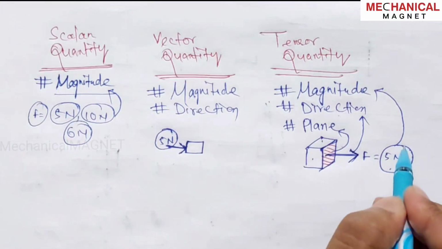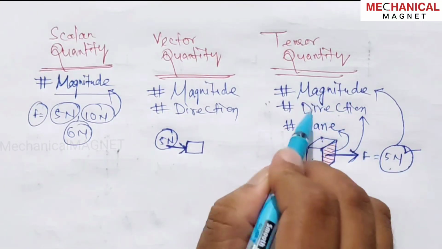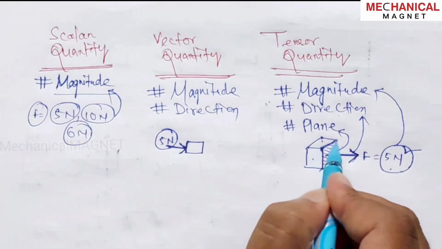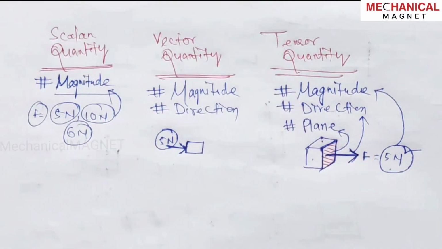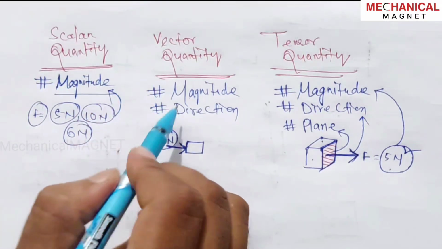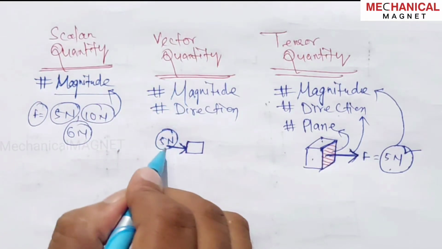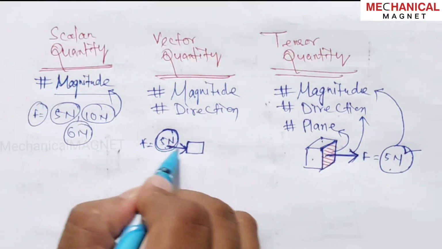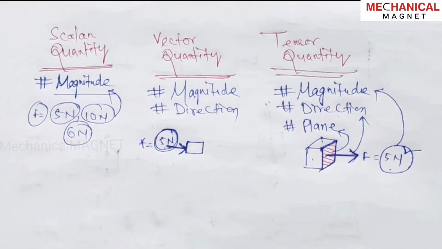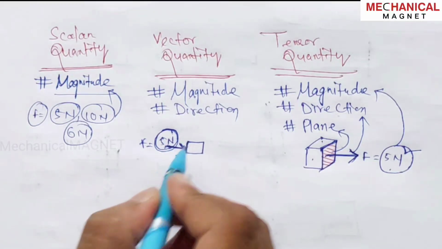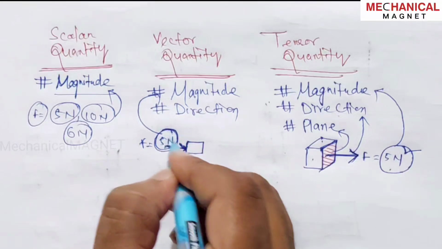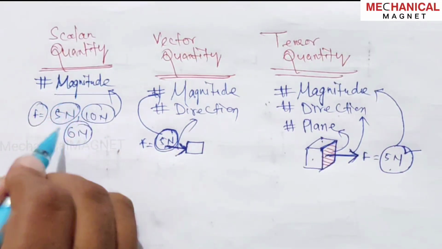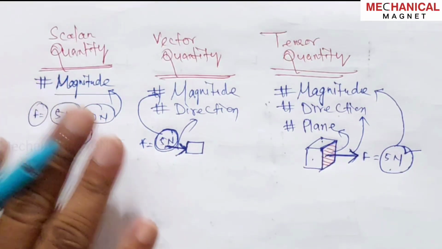So those have a size, magnitude, direction, this is the direction of application of the force, and the plane, this is the plane. So तीनों चीज जिसमें है वो टेंसर क्वांटिटी है। दोनों चीज जिसका है मैग्नीट्यूड है, मीन्स मैग्नीट्यूड को हम साइज लेते हैं 5 न्यूटन का जो कि फोर्स है, जो कि यहाँ पर अप्लाई हुआ इस बॉडी में, तो इसी डायरेक्शन में अप्लाई हुआ तो इसको हम डायरेक्शन ले लेते हैं। ये हमारा साइज है और ये हमारा डायरेक्शन है।